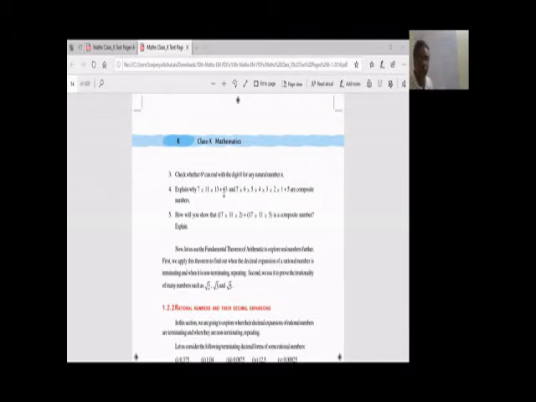Similarly is the case with the second one. If I take 5 outside, with the plus 1, it will become a composite number. This is also the same thing: 17 into 11 into 2 plus 17 into 11 into 5. I take 17 into 11 outside. So 2 plus 5 is 7, and this becomes a composite number, 7 into 11 into 17. Okay.